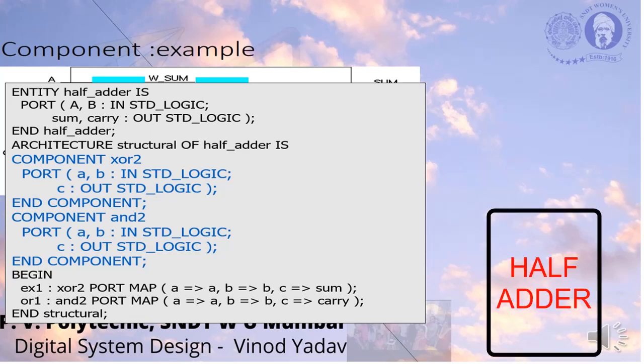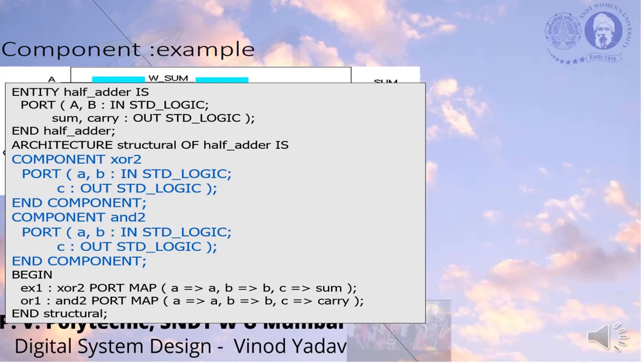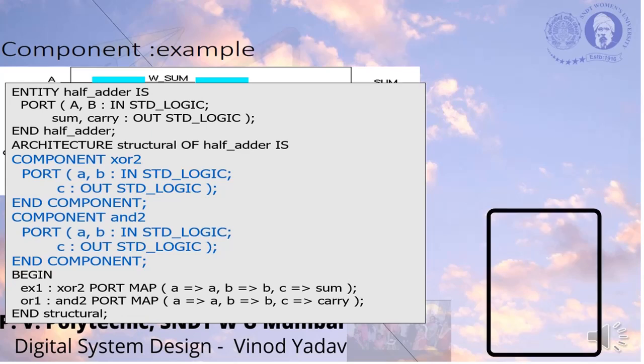We'll say entity half adder, port A, B in standard logic, sum, carry out standard logic, so two inputs A and B, two outputs sum and carry. And the architecture now says structural architecture. We are using a structural architecture for a half adder. Component XOR2: we are defining first the component as XOR2, port A, B in standard logic, C out standard logic, end component.